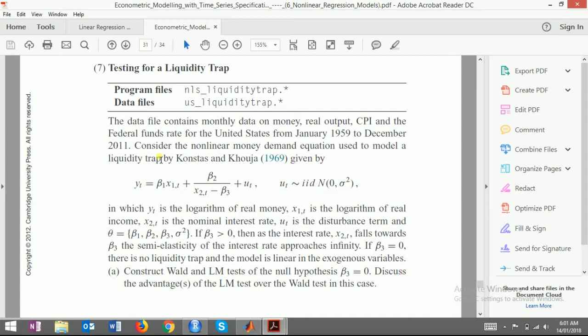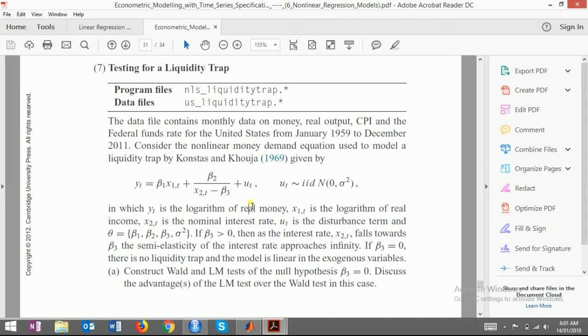given by y equals beta 1 x1t plus beta 2 divided by x2t minus beta 3 plus ut, where the residual is IID with normal distribution, zero mean and sigma square variance, in which y is the logarithm of real money, x1t is the logarithm of real income, x2t is the nominal interest rate, ut is the disturbance term, and theta equals the unknown parameters beta 1, beta 2, beta 3,